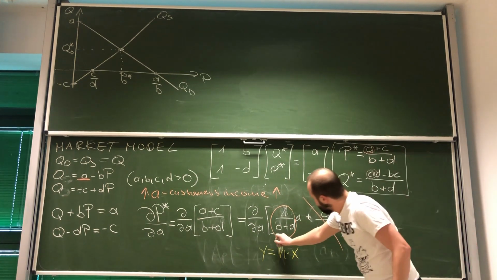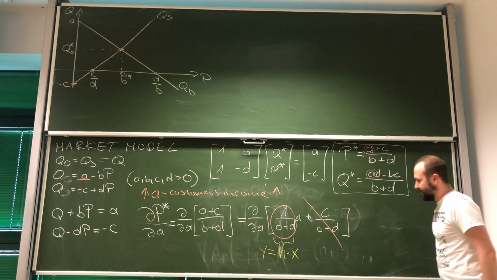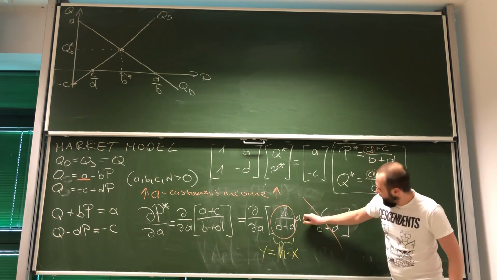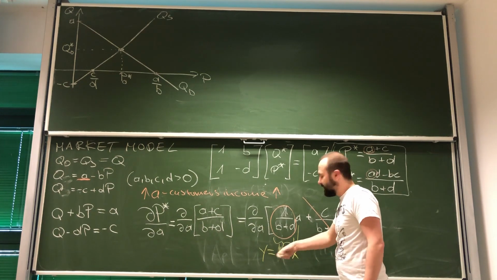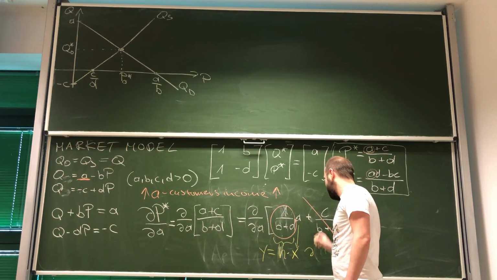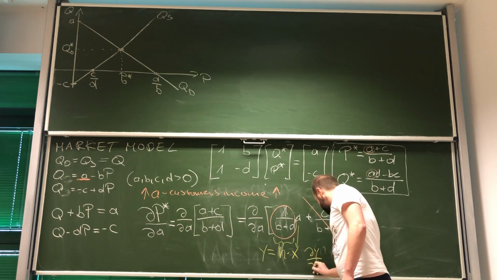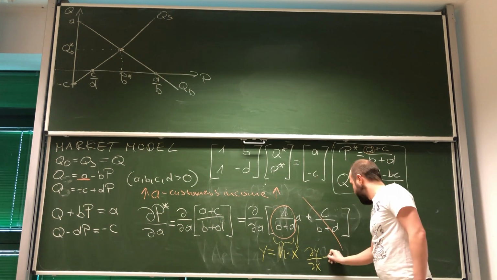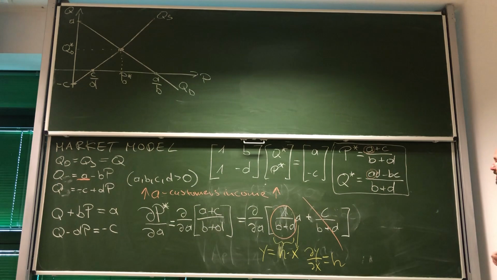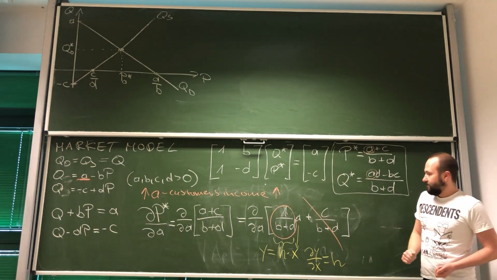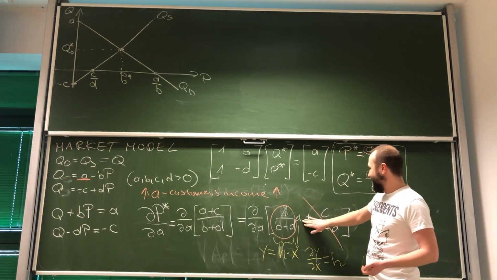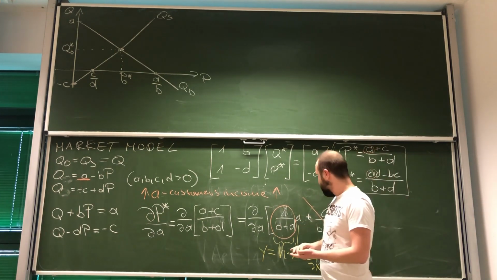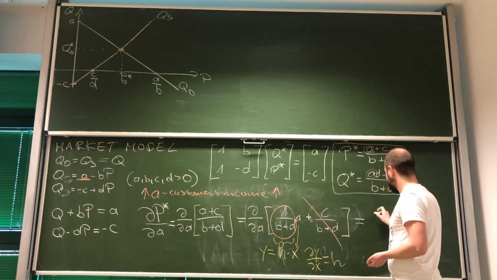Look, this is our X, our H, and A is our X, right? So if I calculate, in this case we don't even need partial derivative, but let's do it like that, I just get H, right? So in this case, it's the same story. If I differentiate this with respect to A, this is my coefficient. So what I'm getting as a result is 1 over B